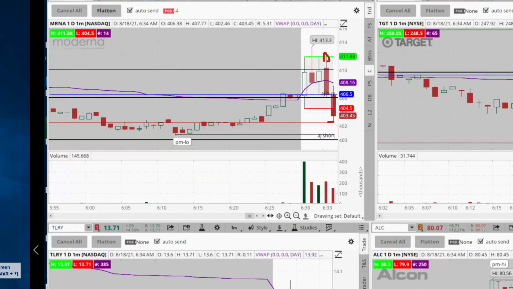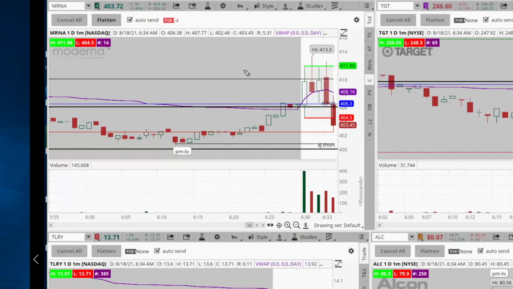But anyway, I decided to take some profit because I didn't feel good on this entry, and I was also seeing the topping tail, bottoming tail. So I feel like there are buyers coming in. This can go back up. But looking back, I should put my stop loss here at the 408 and then just keep